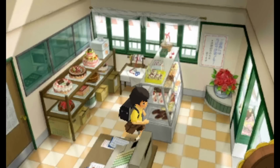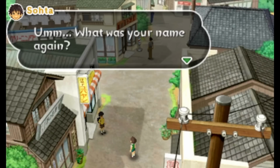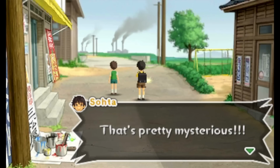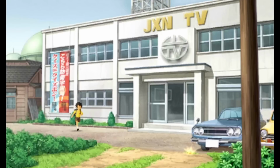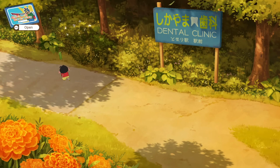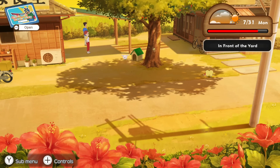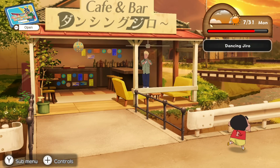One of the best looking 3DS games was Attack of the Friday Monsters, a gorgeous blend of anime style 3D and just these stunning hand-drawn 2D environments to create something that looks kind of like a PS1 game with Final Fantasy VII or Resident Evil, having these pre-rendered backgrounds with 3D models over them. But doing that in the modern era can look even more stunning. And so with Shin-chan: Me and the Professor on Summer Vacation, we have something that looks remarkable. I don't think the 3D models are of the highest quality possible, but the backgrounds look so damn good,